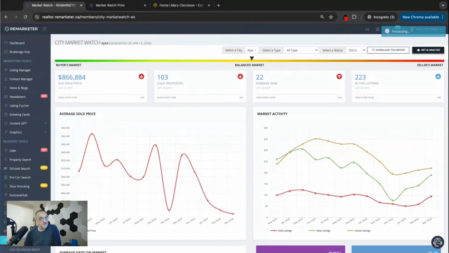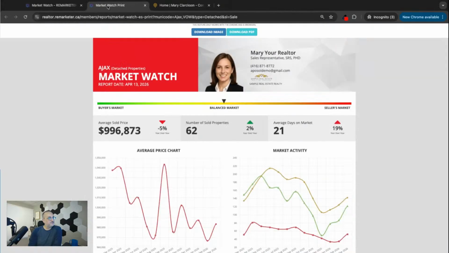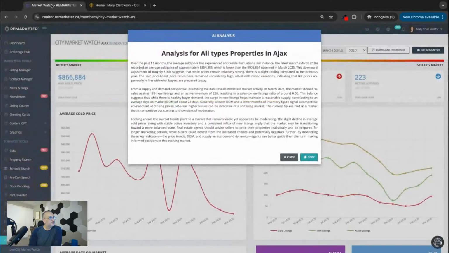Once you click on the AI analysis button, the system is going to submit all of this data, all of this information over to AI, and the AI is going to generate a script for you. This is going to be your analysis. You can easily copy that and use it in your